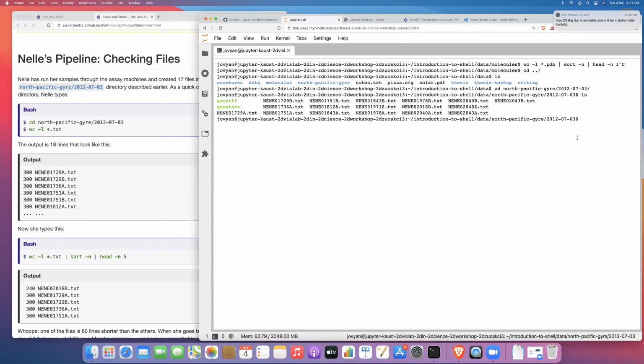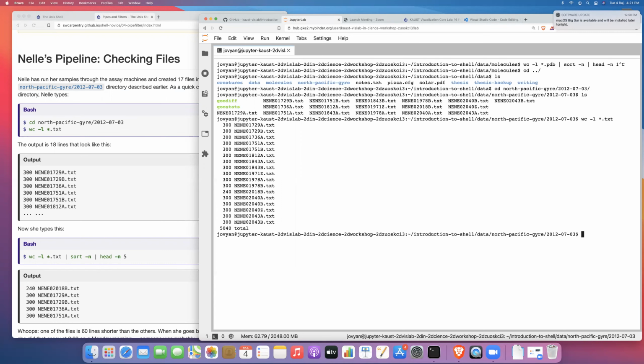What if we just use the word count program to get a sense of how big these files are? There's 18 files, so we get something that's 18 lines long. But again, if this was millions of files, it might be hard to spot whether there are any anomalies in this data. So let's instead